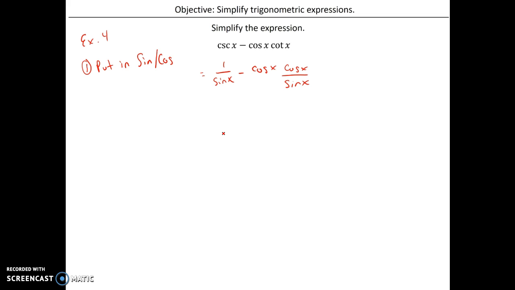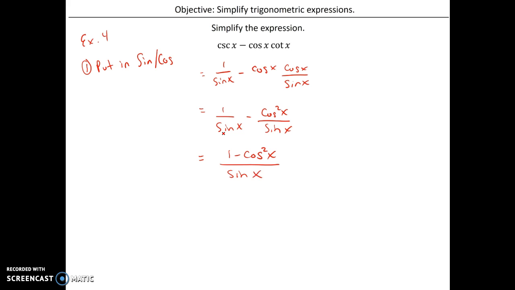And what I'm going to do now is multiply my second term. So I have 1 over sine of x minus cosine squared of x over sine of x, and you'll notice that in this example I already have a common denominator, so I don't have to introduce any new terms like I did in the last example, which makes it nice. So I have 1 minus cosine squared of x